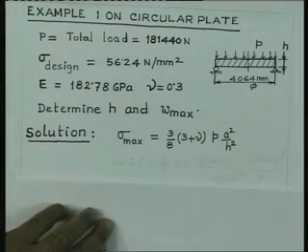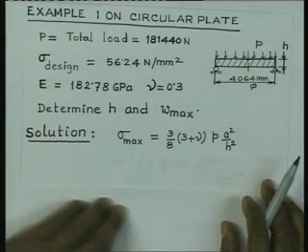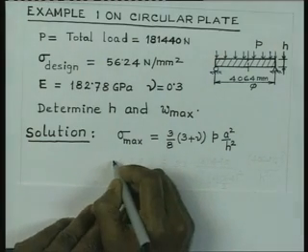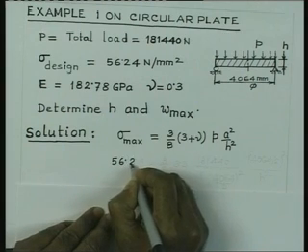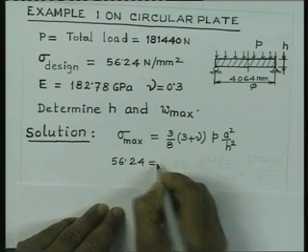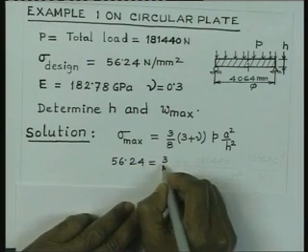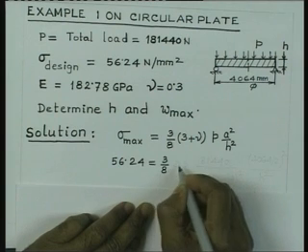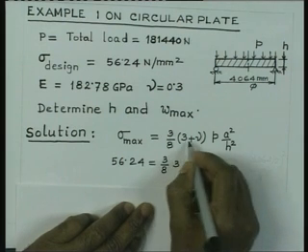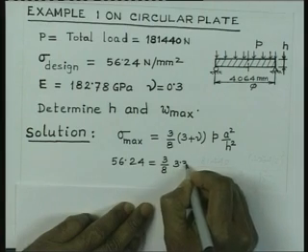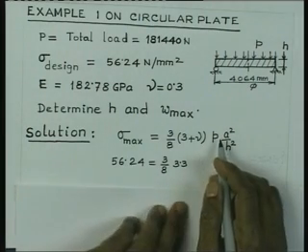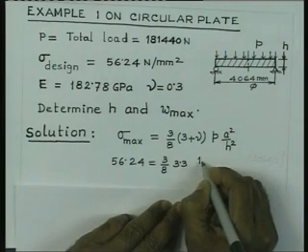Now we can plug in the values. We have 56.24 equal to 3 by 8, and this 3 plus 0.3 gives us 3.3, and p is nothing but the total load P,